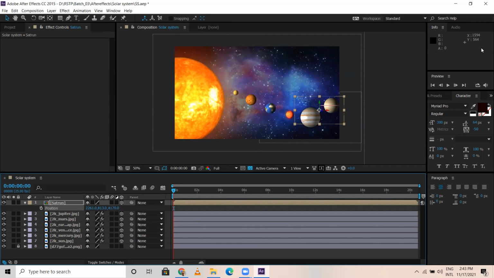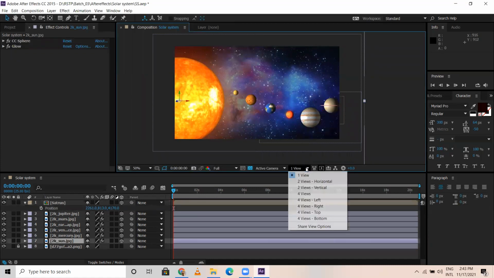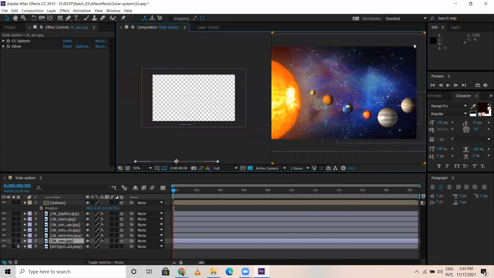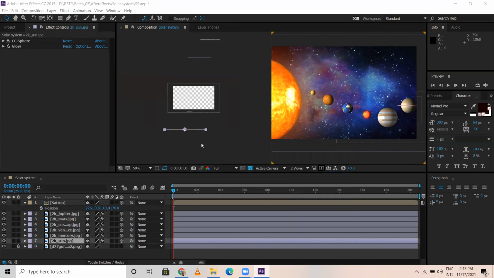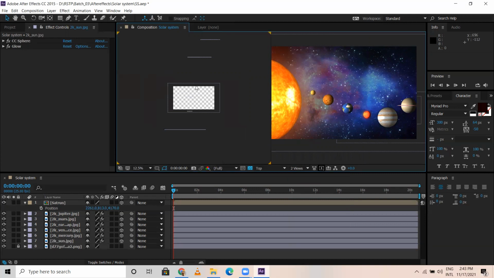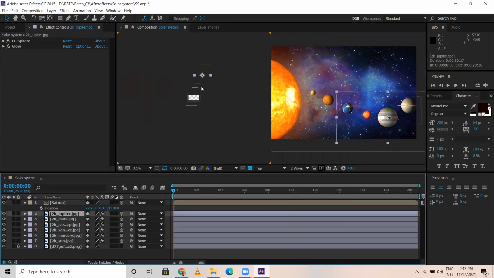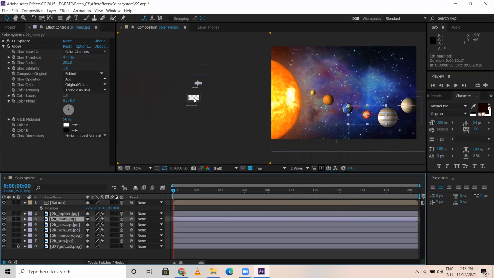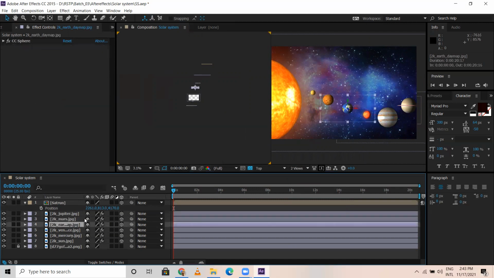So here one additional thing I'll show you. Here we are in one view, right? In this particular area, one view is there. I can change this into two views. Okay. So this is our regular view. And here, if you see, this is horizontal view wherein you can see all these are layers. See, this is Jupiter, this is Mars, this is Earth, like that.